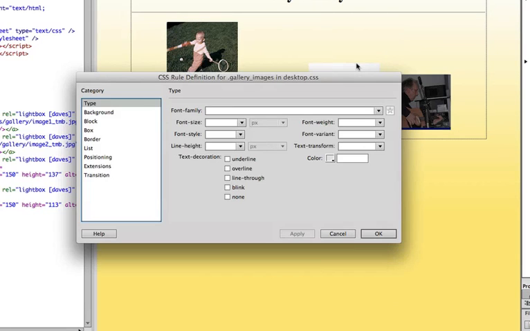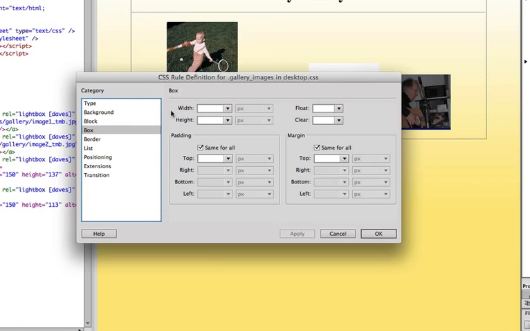And I'm going to click OK. And the class rule is simply going to be, I'm going to go to box, and I'm going to set the width to 150 pixels, but I'm also going to set the height to 150 pixels. Now this may make some of them skew, and so it makes you realize that you probably want to actually create proper little square thumbnail images. But this is going to force them to conform to exactly the same size. And I'm going to make the padding 3 pixels, and I'm going to set the margin to 3 pixels